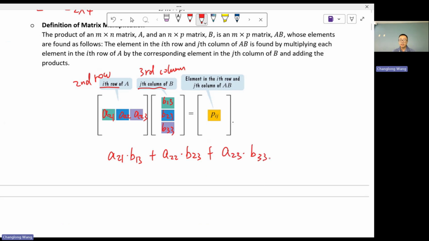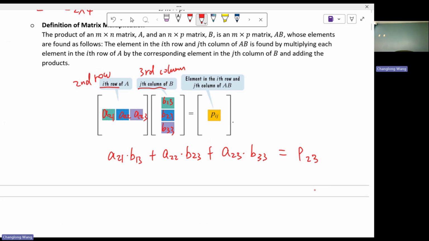And what you're going to get is that new matrix, right? And I guess they call it P, right? You know what? That is P. Guess which element of P it is? It will be the second row, third column. All right, now